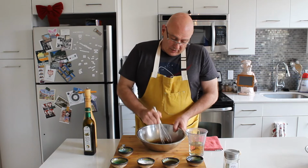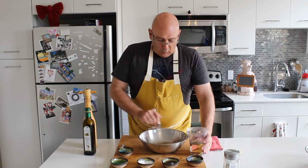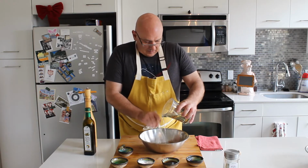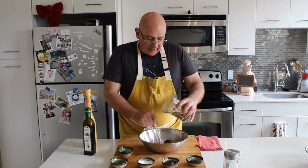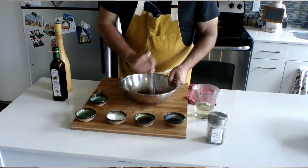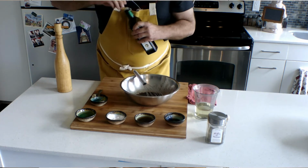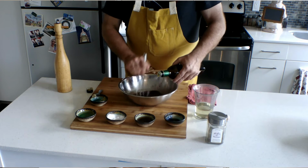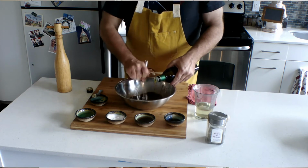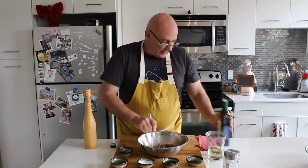So here we go. We're just going to mix all those ingredients together. We've got them ready to go. And while we're whipping, slowly drizzle in your oil. If you see some streaks, stop and continue to whip. So we've got it started, and we're going to add now the olive oil. Continuing in a light drizzle. And you'll see it start to actually thicken up a little bit and emulsify, and that's a good point